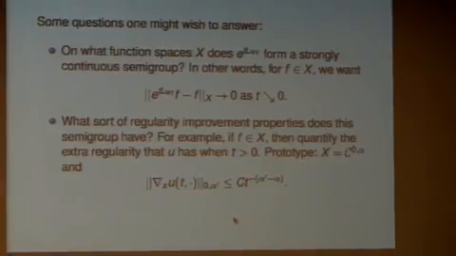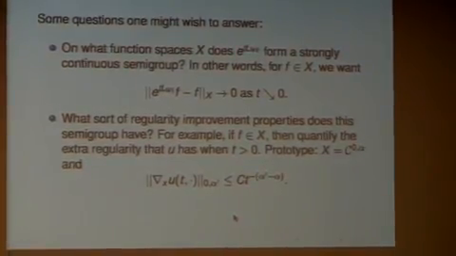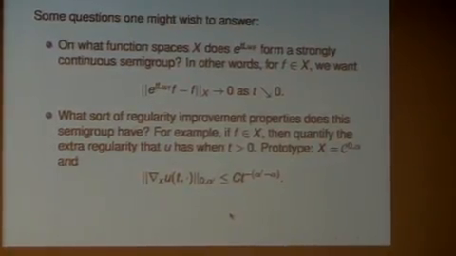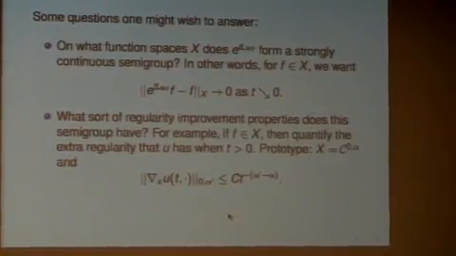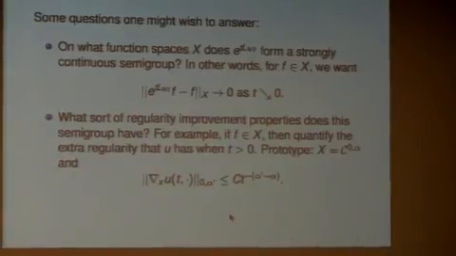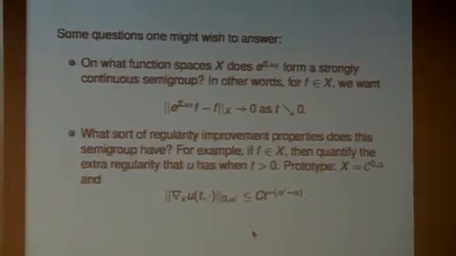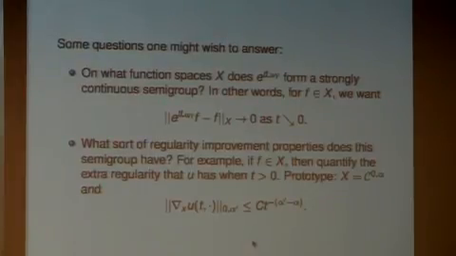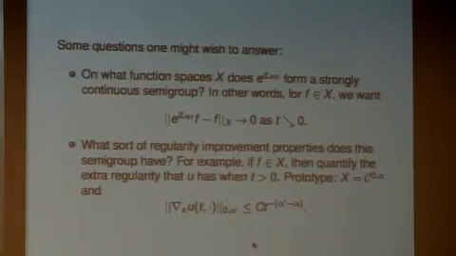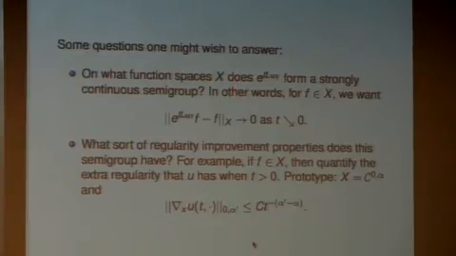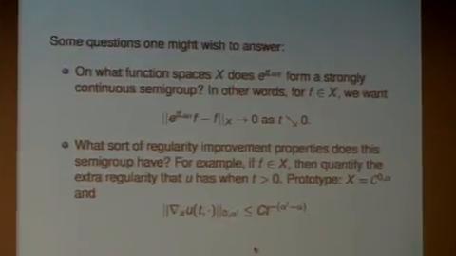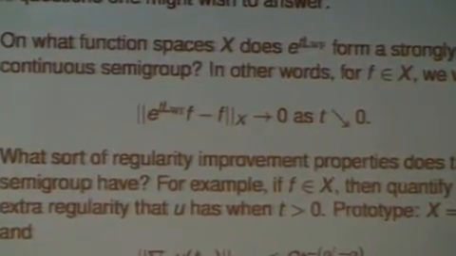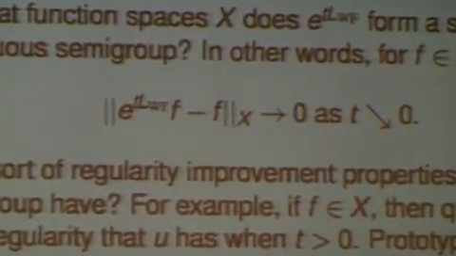So the types of questions you're interested in: you want to choose some suitable function space. This could be C0 in the most basic sense, but maybe some more intricate space. For probabilistic applications, actually, C0 is exactly the right space you want to look at. And you want to let this semigroup act on this. The questions you'd like to understand are, does it form a strongly continuous semigroup? And you'd like an understanding of improvement of regularity properties and so on.